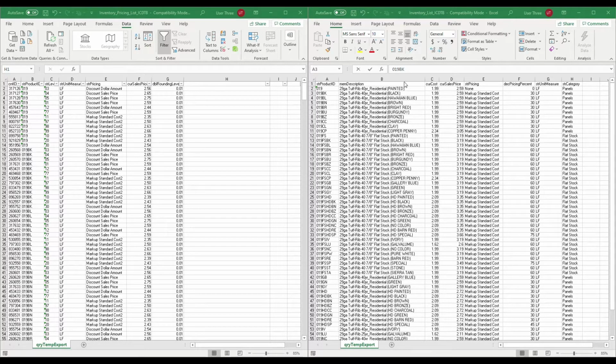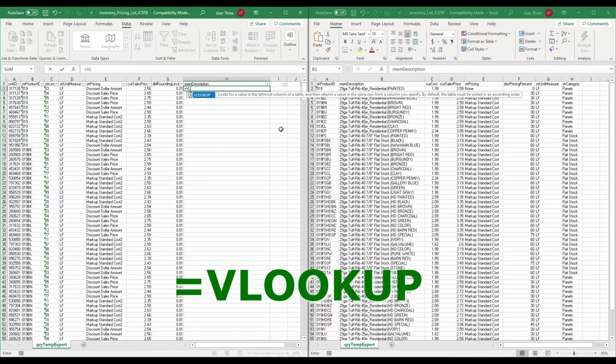If we want to import the descriptions from the sheet on the right to match the product IDs to the sheet on the left, the VLOOKUP function is the perfect tool. To use this formula, simply enter equals VLOOKUP, open parentheses,